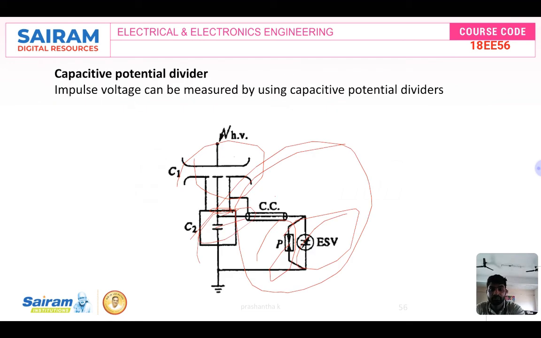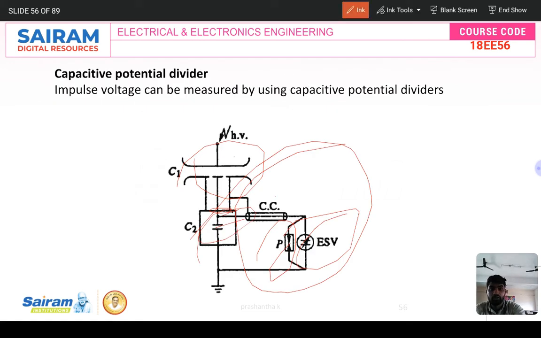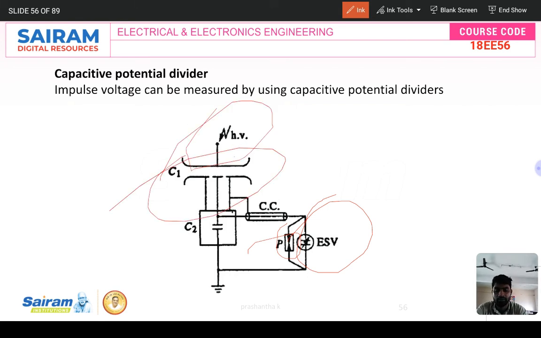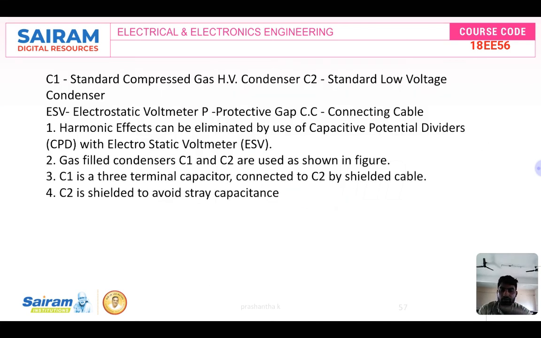Just see the diagram. So this is an electrostatic voltmeter, and this part gives output as a difference voltage. This is a protective device P, and C is the cable, a coaxial cable. We can use a delay cable also. So here the HV voltage we are giving. C1 is capacitance 1, and C2 capacitance 2. So the divider is connected, dividing here to here. So it will be dividing over here, and it gives the capacitive output voltage, right?